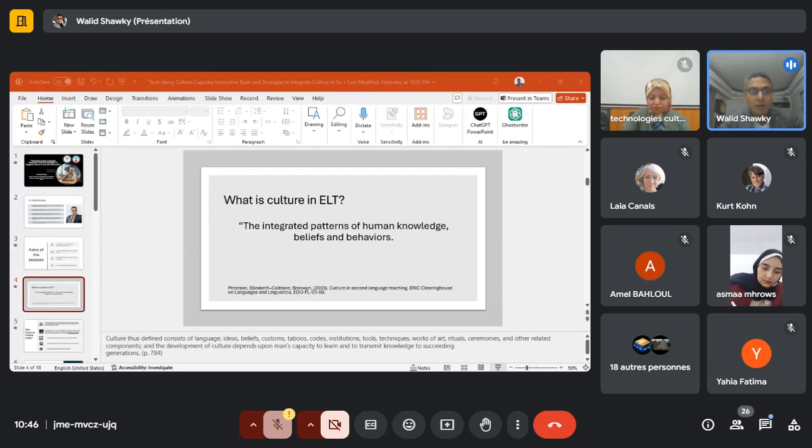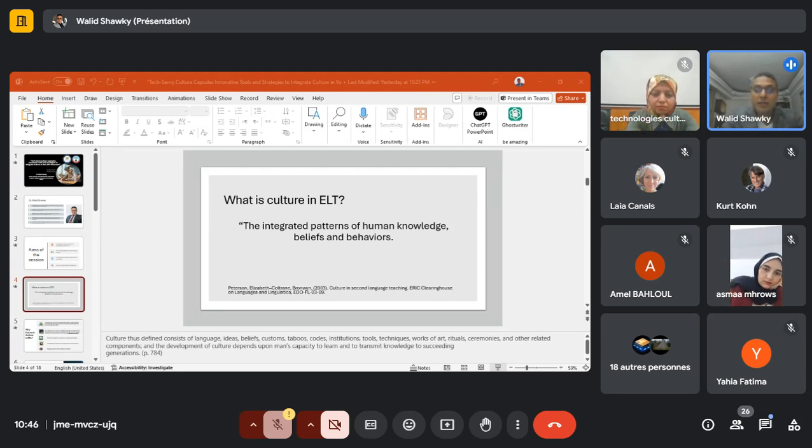Yeah, when we know the culture of the people that we are talking about, it enables us to speak. We often have ideas to discuss. Imagine that you are discussing a situation about what Christians in Germany do on Sunday morning, for example, when they go to the church. If the teacher and the students have no knowledge of this part, what are they going to talk about? So it's very important to have knowledge about the culture and the behavior of the people that you are discussing or talking about.